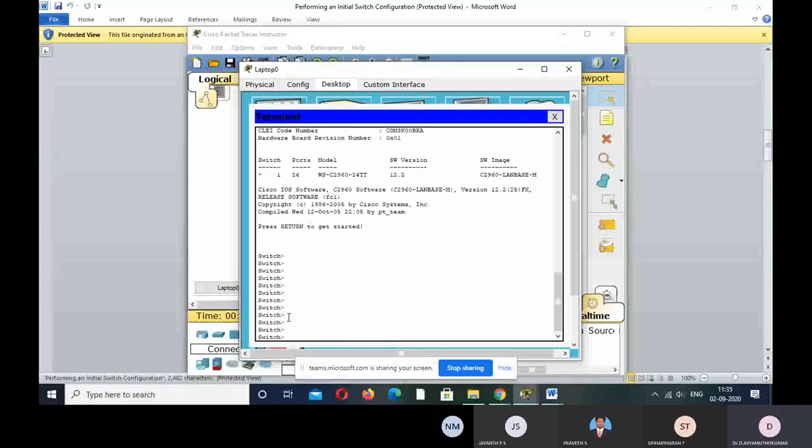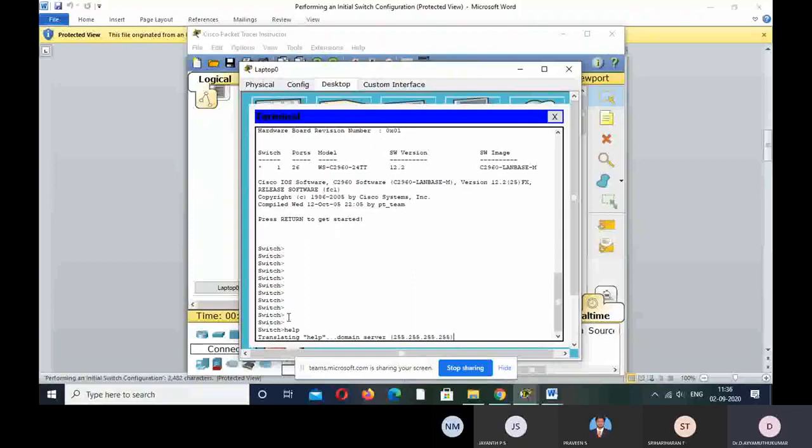Next, what you have to do? You have to go into your privilege mode. That is important. For that, I have to use a command called enable. Basically, in any switch there are three modes. The first one is user mode. In simple user mode you cannot do anything, but you can use the help command and see what the commands are.